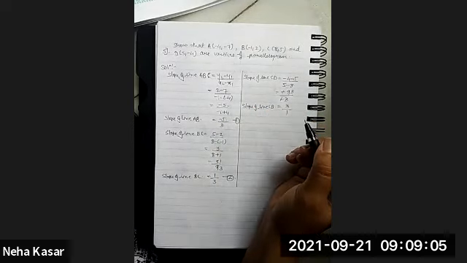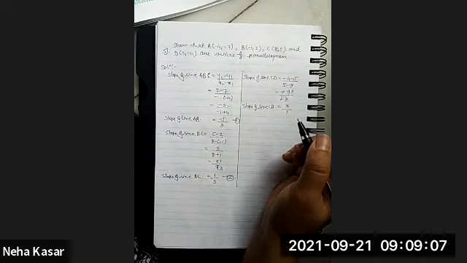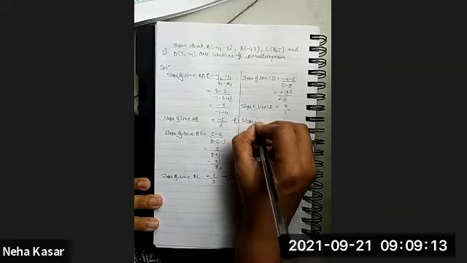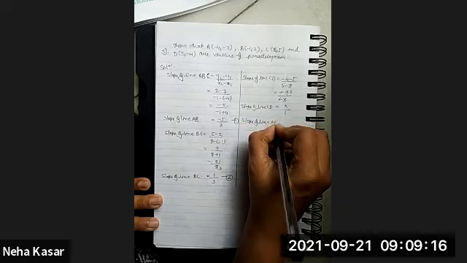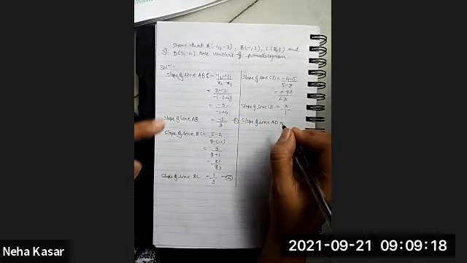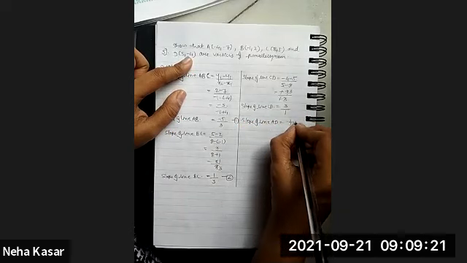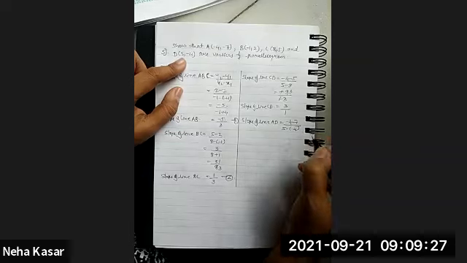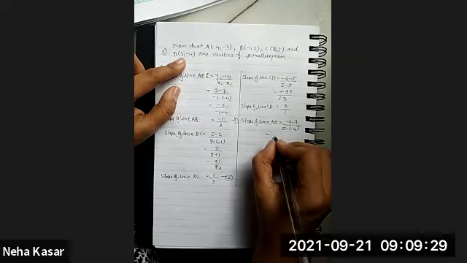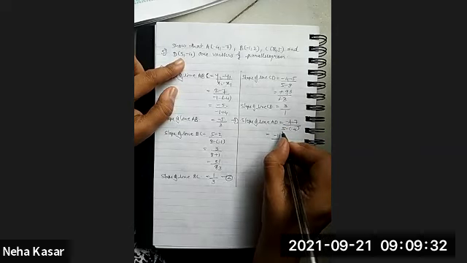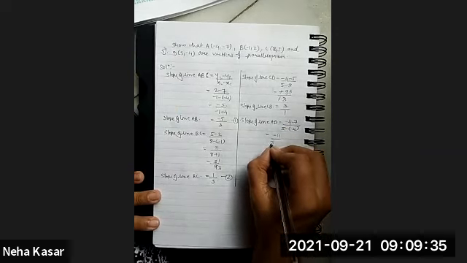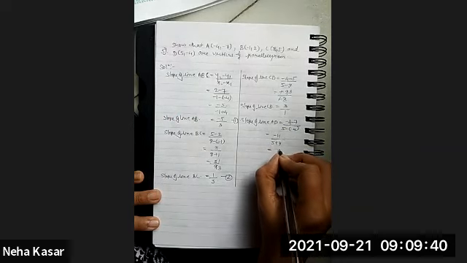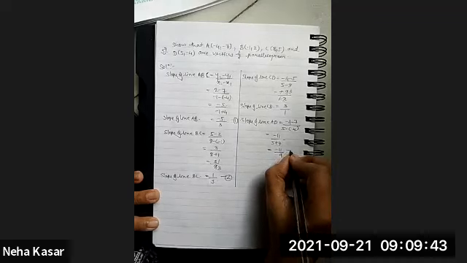And last we have to find out that is slope of line AD. So AD that will be minus 4 minus 7 and 5 minus bracket minus 4. So that is minus 4 minus 7 is minus 11 and 5 plus 4. So that is 5 plus 4. That is 9. So minus 11 upon 9.